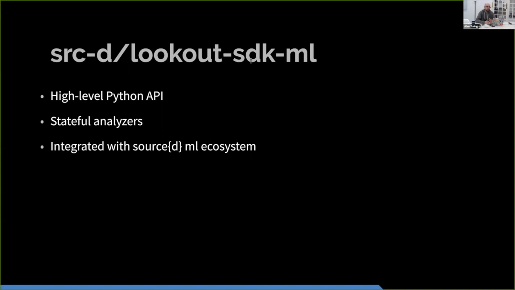Finally, SDK-ML is integrated with the Source.ml ecosystem, which means that you can leverage the full power of research we've done at the machine learning team with Source.ml. We've been doing it for 2 years, so we have quite a few achievements in this area. You don't really have to, and I don't think we really depend on Source.ml in SDK-ML, but it's at